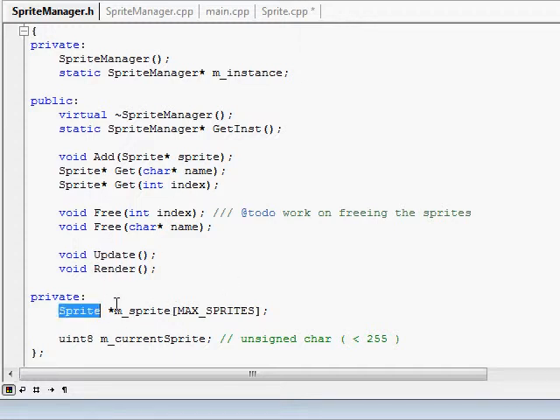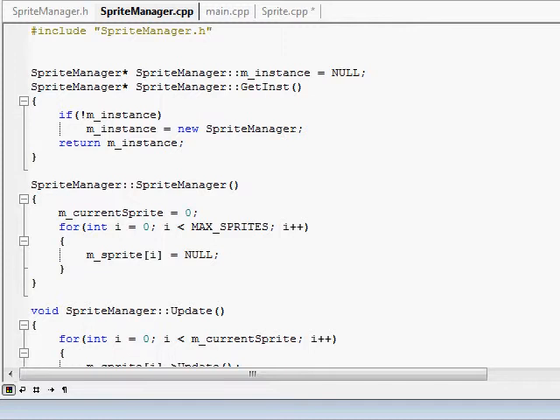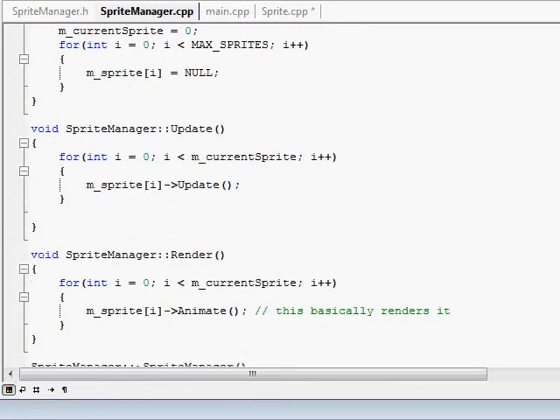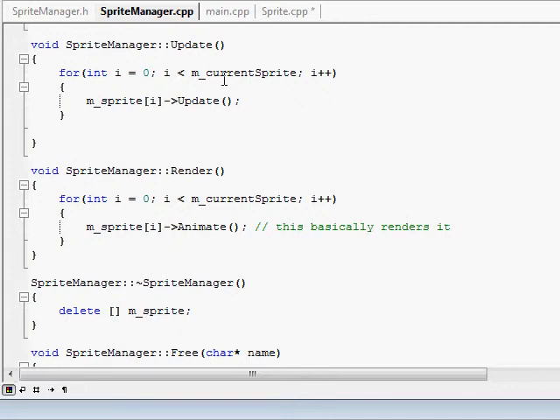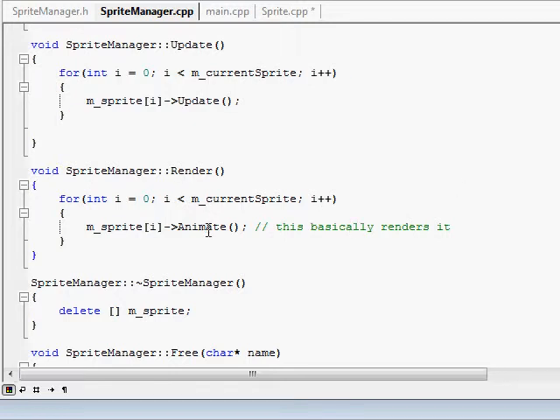Basically I just have a pointer to all my sprites, and I have a little sprite counter to see what sprite I'm on, and I'll show you how I'm doing this. Okay, there's my singleton stuff. My constructor sets everything to null, and then for update, this is how many sprites are in the array at the current moment, so I loop through all the sprites that are actually sprites, they're not null, and I update them. I do the same thing for render, and I call animate because my animate is my render function in my